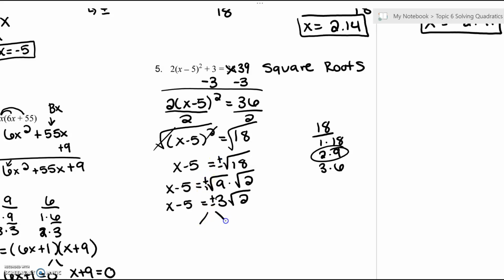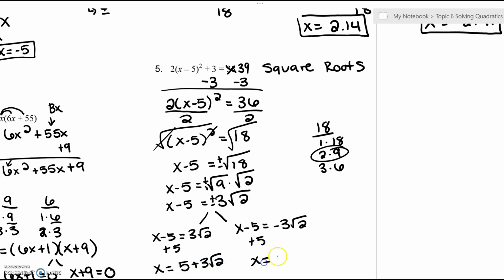And now we're going to make two equations. I have x minus 5 equals positive 3 root 2, and x minus 5 equals negative 3 root 2. And when we add 5 to both sides, we get x equals 5 plus 3 root 2, and x equals 5